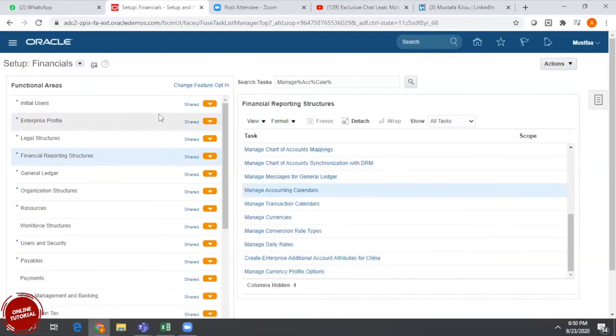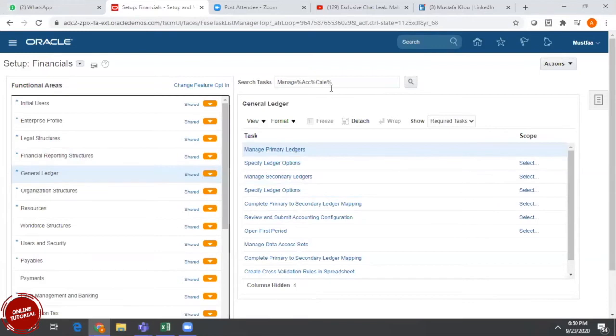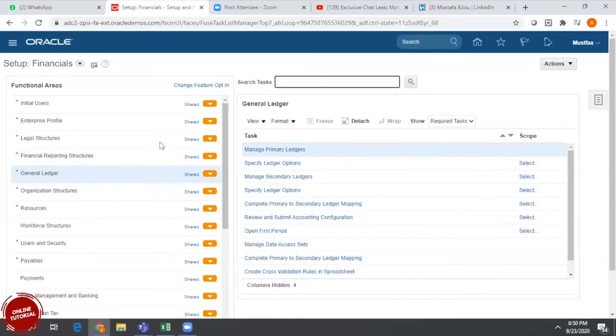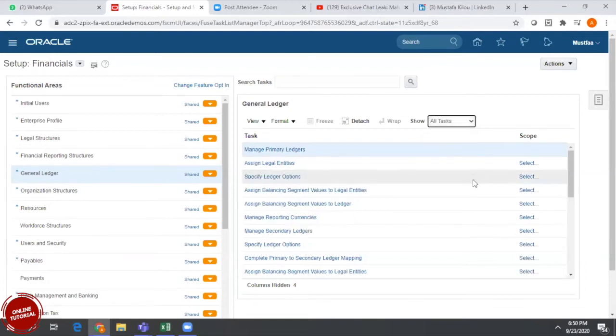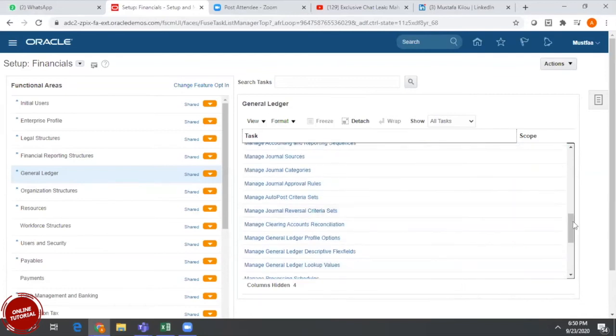Another way is to select from ledger. Under ledger, all ledgers will be displayed, and all required tasks come by default. Select whatever task is required and you can do that.